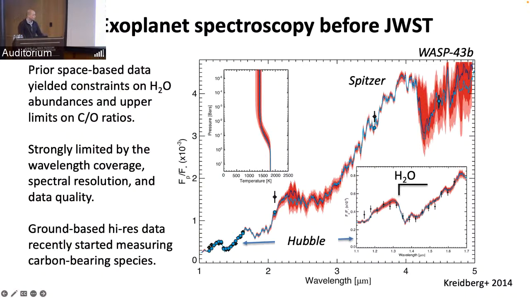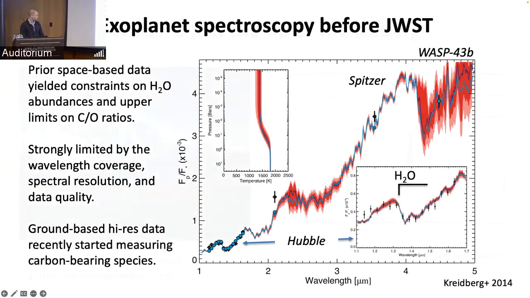That state-of-the-art was really focused on measuring water abundances, probed with Hubble WFC3 observations between 1.1 and 1.7 microns. For that, we're able to measure the water abundance. We can set upper limits to things like the carbon-to-oxygen ratios, but these are strongly limited by the wavelength coverage, the spectral resolution, and even the data quality in those observations. So we didn't have access to, for example, all the oxygen-bearing species. We didn't have access to carbon-bearing species spectroscopically. There have been advances from ground-based high-resolution spectroscopy recently, but that's limited to just a few planets and, again, limited